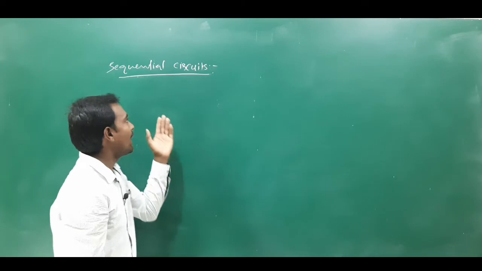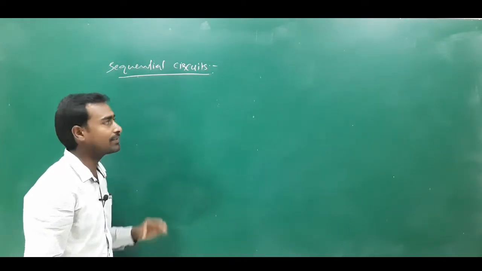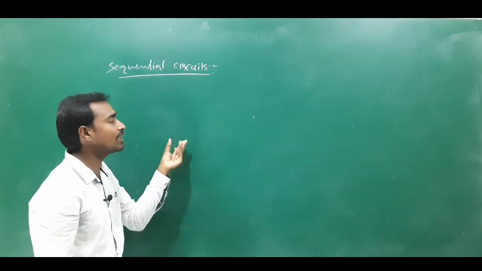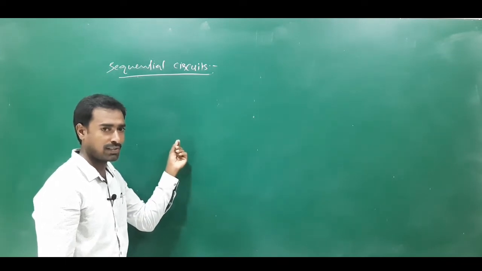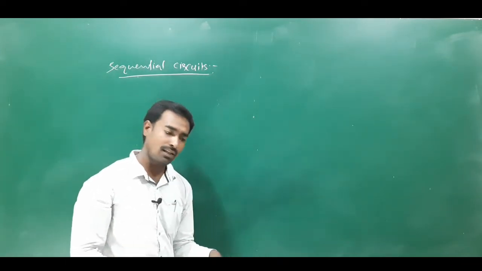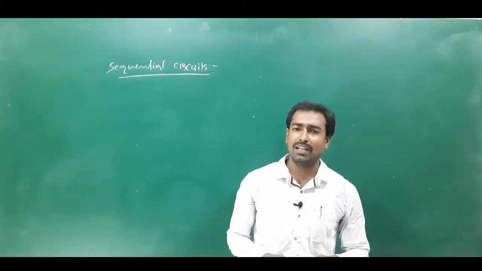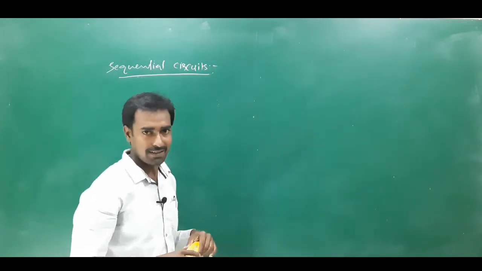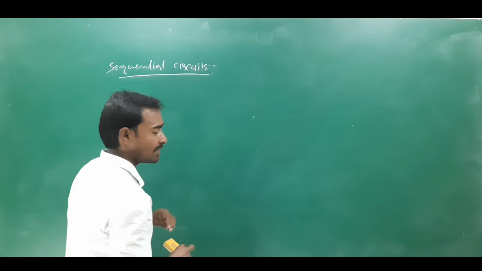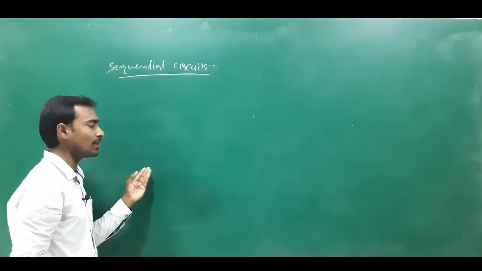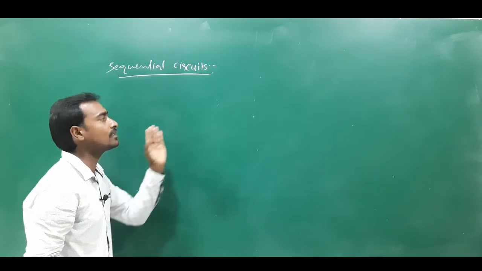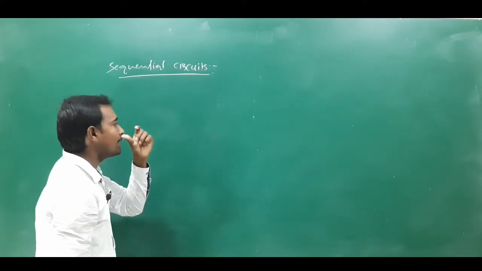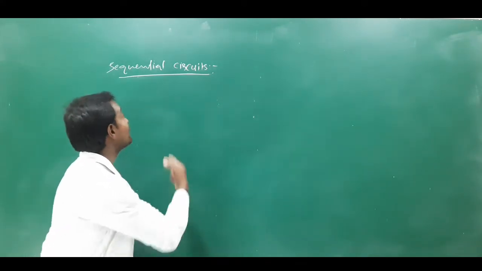or 0. And these sequential circuits are similar to the combinational circuits, but there is a difference between the combinational circuits and sequential circuits. Coming to the definition, for the combinational circuits, the present output depends upon the present input. And coming to the sequential circuits, the present output depends upon the present input as well as the previous output. That is called as sequential circuits. Here we are using one memory element in these sequential circuits.